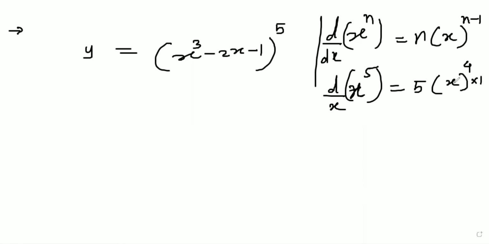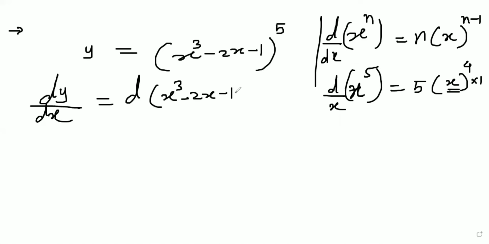1 means we have again taken the derivative of a basic function here. So always we have to take the derivative of the basic function along with the actual given function. So let's use this rule in the given equation. The given equation is y equals (x cube minus 2x minus 1) raised to 5, and here we are going to find the derivative of y with respect to x. Derivative of y with respect to x, so dx will come here, equals the derivative of the given function (x cube minus 2x minus 1) raised to 5 with respect to x.